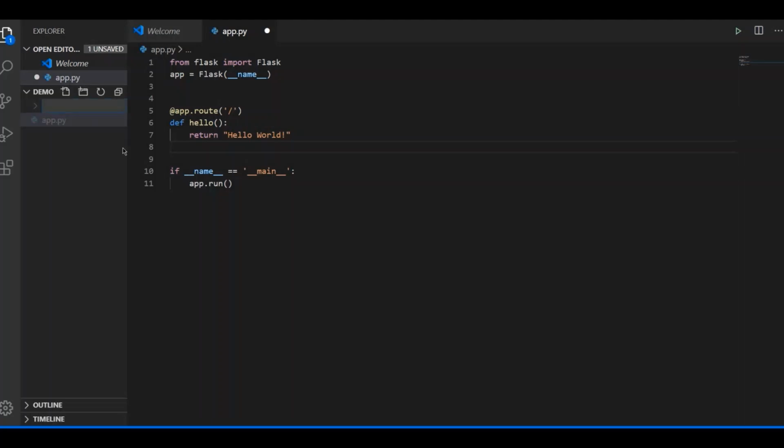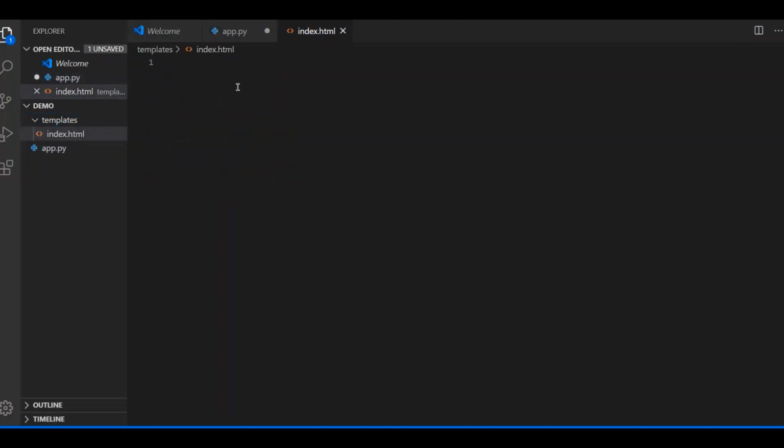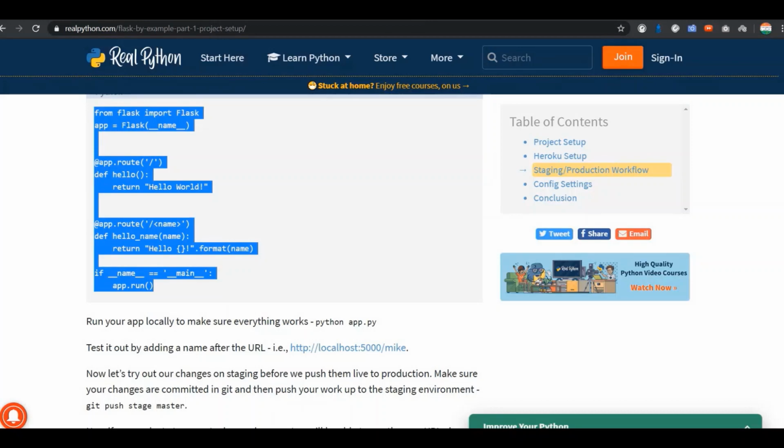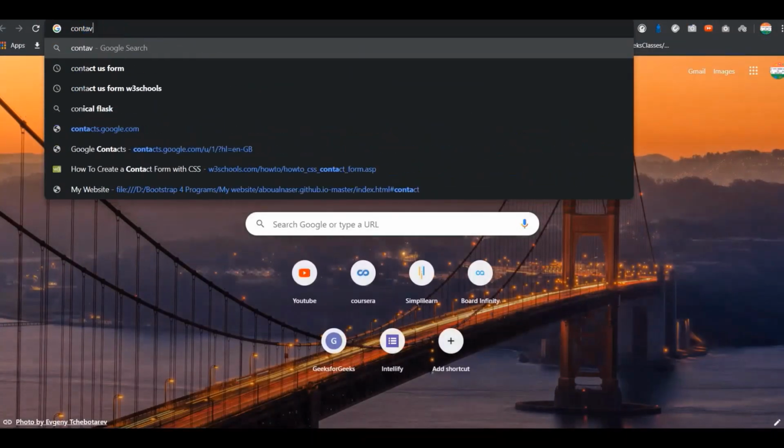Our next task is to create one folder, and we will name it templates, and under this folder we will create one file and name it index.html. Under index.html we will write the code for our web page. For that, again I will come here and search for a contact us form.